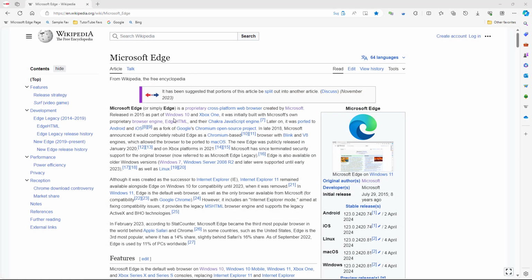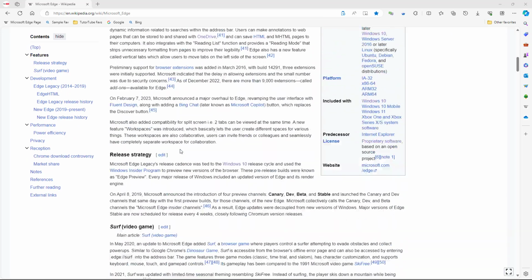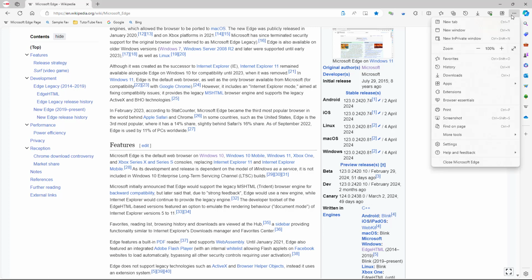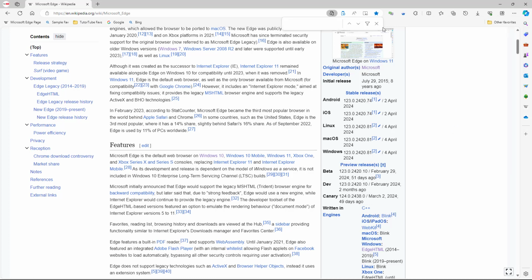So over here you can see that I am in a page right here, just like this. And let's say I want to find a certain thing on this page. In that case, what you can do is go onto the three dot button right here, and then go to Find on page. You can also alternatively press Ctrl F on your keyboard and you get the exact find option